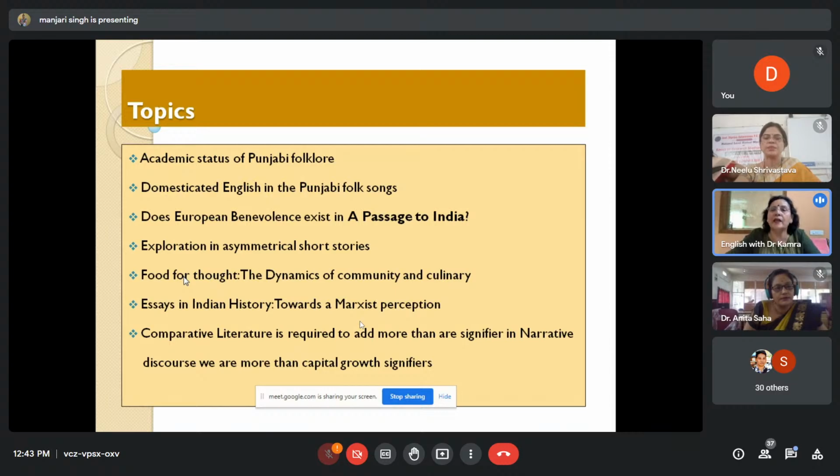See, explorations in asymmetrical short stories. That is, the short stories may have different shades. As you find here, the mother-in-law is good, but in one of the Dogri stories, you find the title by apology. There you find that the husband is doing everything and the woman becomes the inspector. Both of them are in the police department, and the wife becomes the inspector, and they don't share even a room.